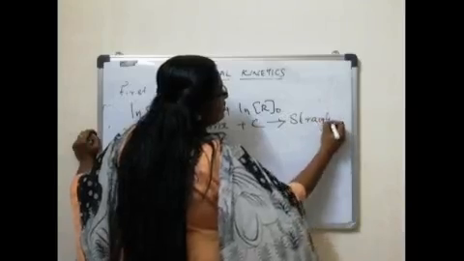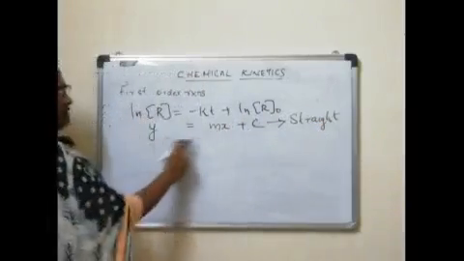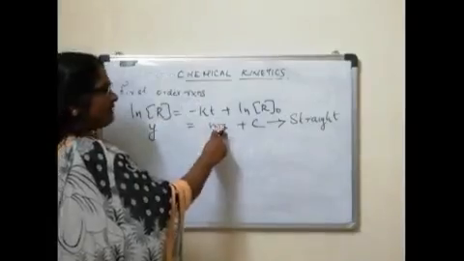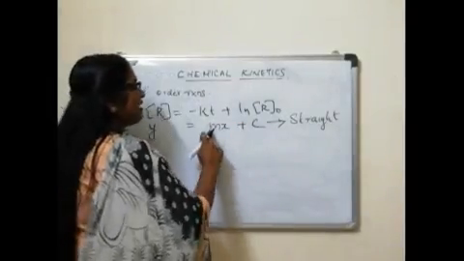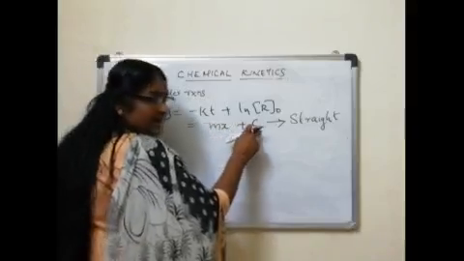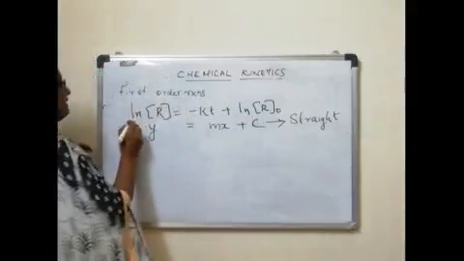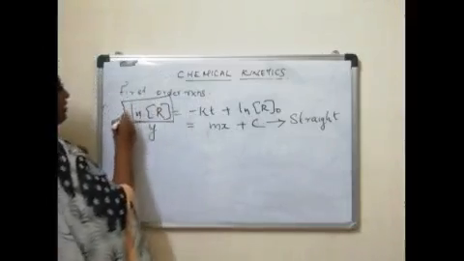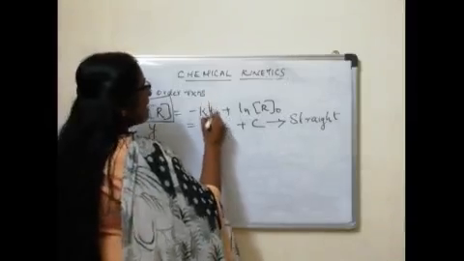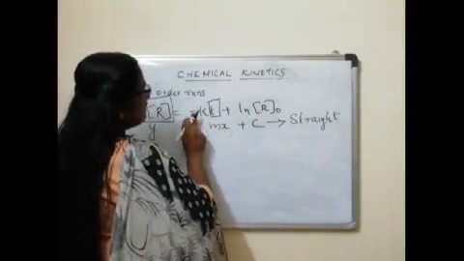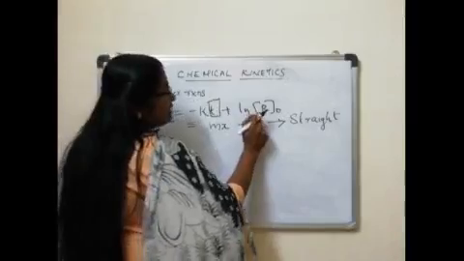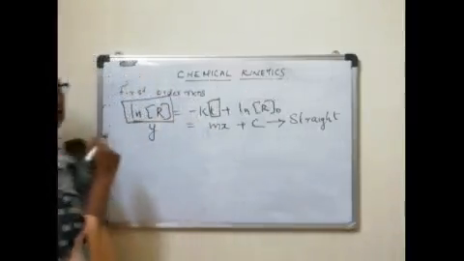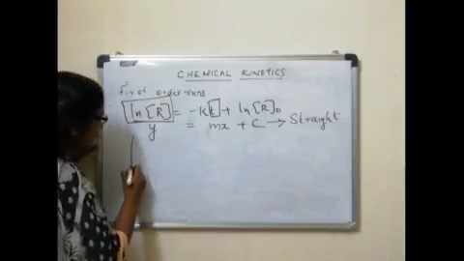That is, if you draw a graph by taking y on the y-axis and x on the x-axis, then we will get a straight line graph with slope m and y-intercept c. Similarly, this is of the form y is equal to mx plus c. Here y is ln R, instead of x we have t, the slope m is minus k, and instead of the constant c it is ln R0. So if we are drawing a graph,